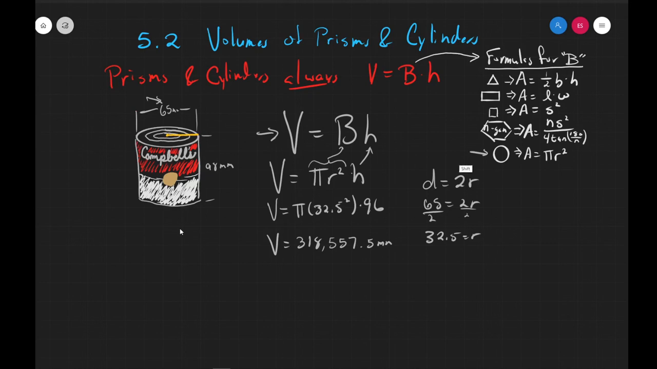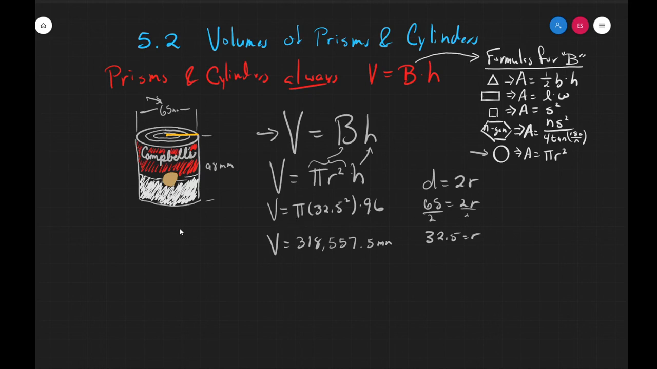Our diameter is worth 2 radii. So 65 is going to be 2 times whatever our radius is. We're then going to divide both sides by 2 and get 32.5 is our radius. So now we plug values into our volume equals base times height equation. We get that volume equals pi times our radius squared times 96. And when you hammer that into Desmos,